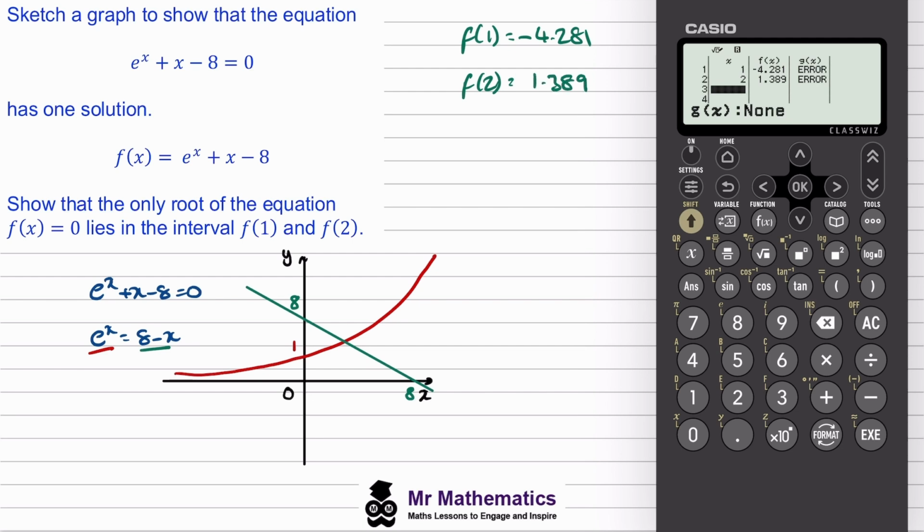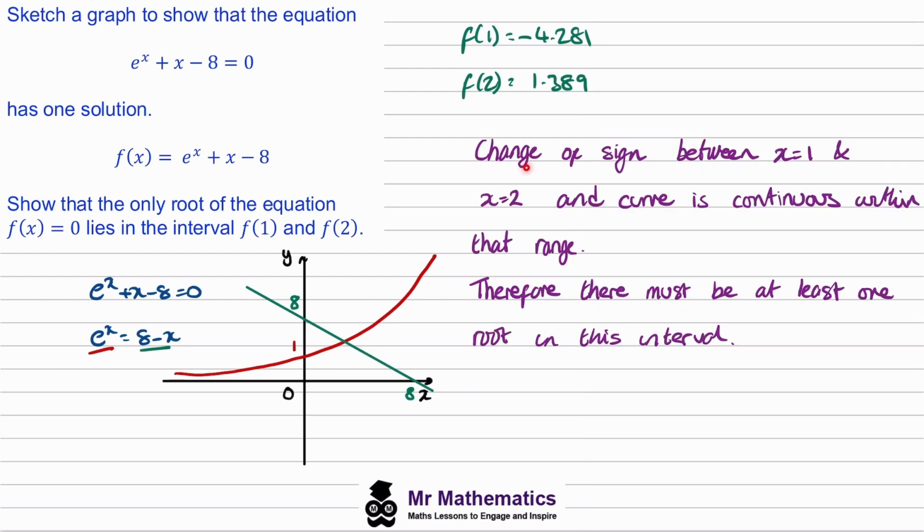So you can see there's a change of sign between the two, and the curve is continuous within that range. So we can say there's a change of sign between x equals 1 and x equals 2, and the curve is continuous within the range, therefore there must be at least one root in this interval. And we can find this root to one decimal place. If we go back to our calculators,